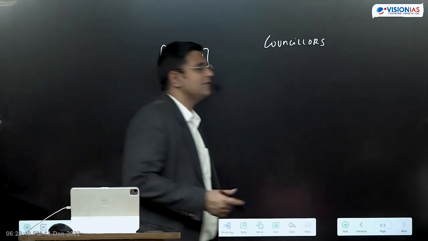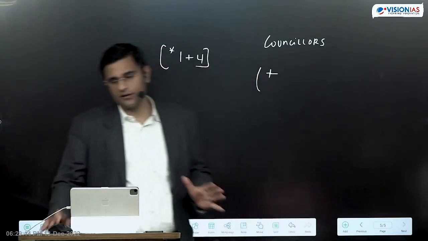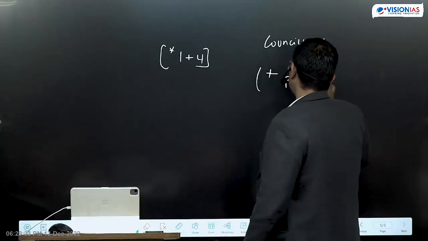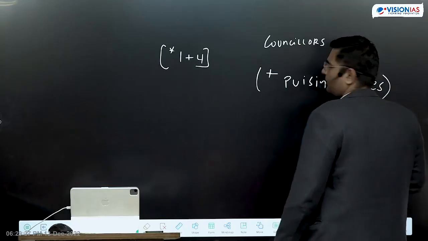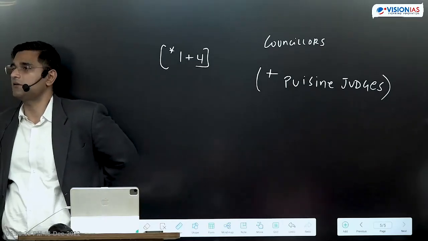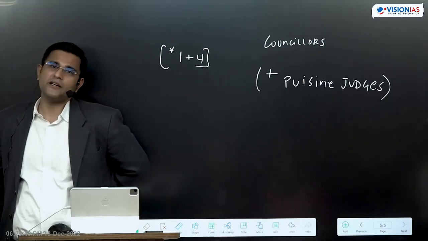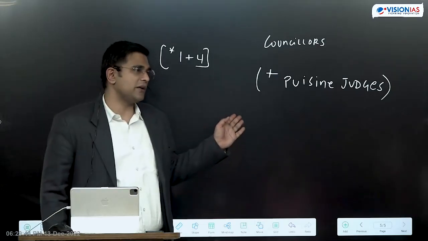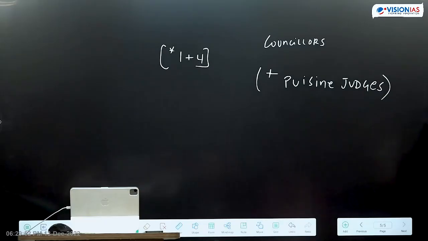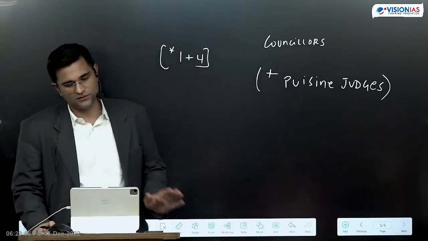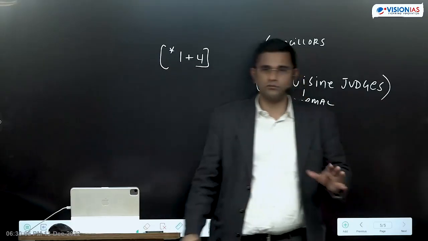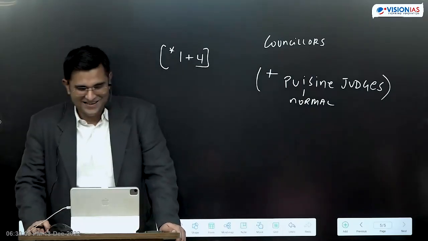लॉ वालों के भी अलग टंटे हैं। मैंने ऐसे याद रखा है भाई, पसीना जज, जो नॉर्मल जज होते हैं उनको कहते हैं प्यूसाइन जजेस। किताब में लिखा था 1 चीफ जस्टिस एंड 3 प्यूसाइन जजेस। गूगल पे सर्च किया तो पता चला नॉर्मल जज है। तो जस्ट इन केस प्रीलिम्स में प्यूसाइन आ जाए, तो तुम्हारे पसीने नहीं छूटने चाहिए। इट इज नॉर्मल, ठीक है।